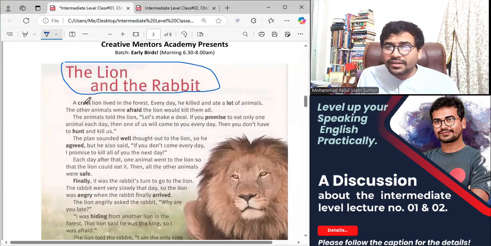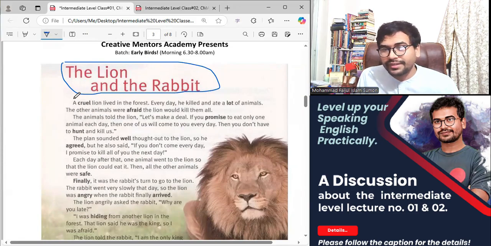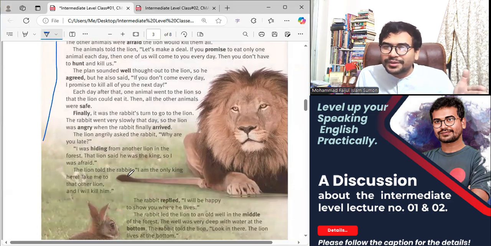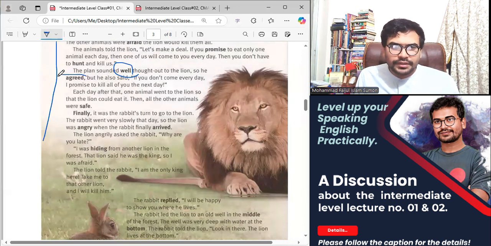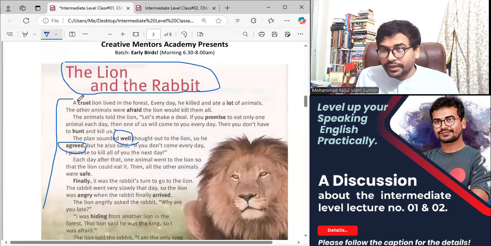And see how many words you have learned or read from the first segment. All the words are used in this story, so there is much possibility to know how I can implement all the words in my conversation, my speaking. Here the words are bold, so try to check them out and use them according to your sense. First of all, you need to read the story here.